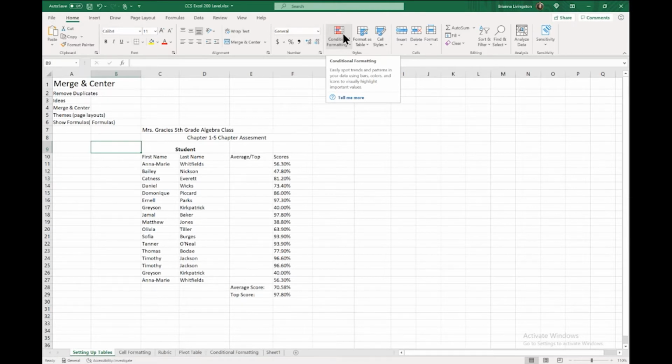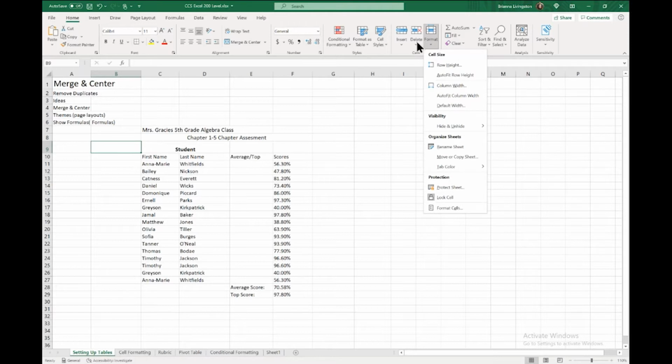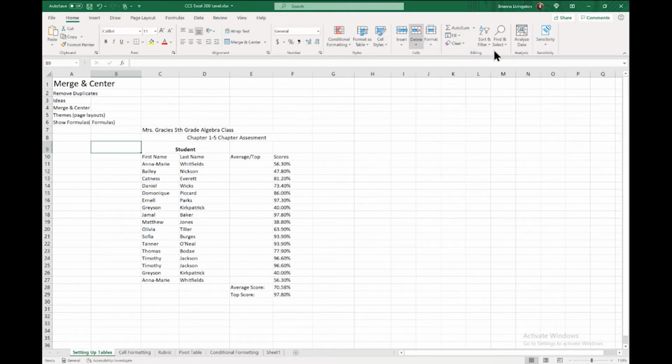Or if you want to identify the lowest test score, every time new scores are added, you want it to highlight them. You can do that too. Cell formatting. So these are specific to how you want the cells to be formatted. And then some other editing tools.